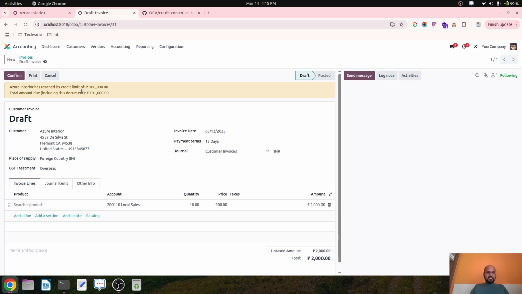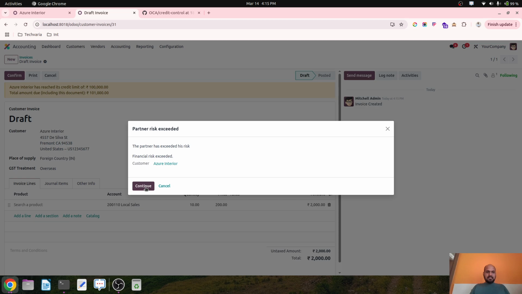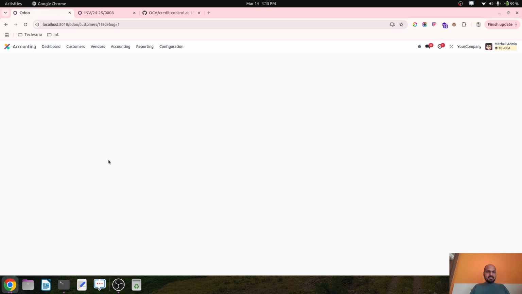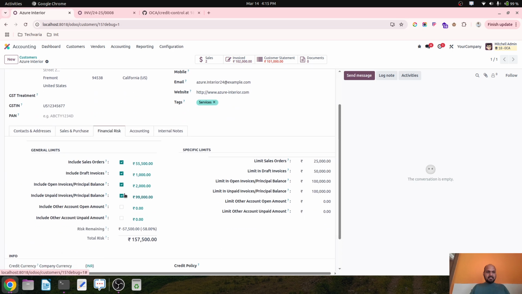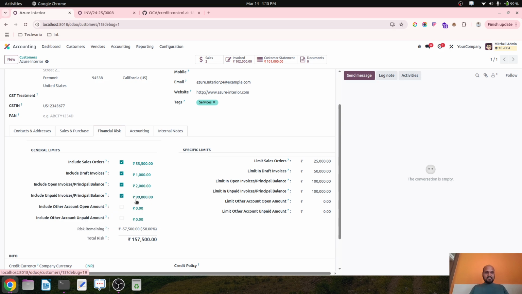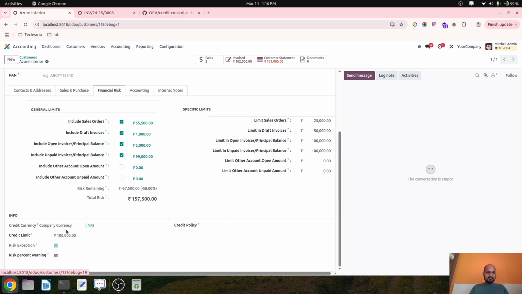Again, it will show me this alert, but as an admin I can continue and confirm. Now if I come here and see my risk assessment, you can see the current open invoice is 2000 rupees, which is not overdue, not due, but it is in the safe limit. But the overall credit limit goes beyond my 1 lakh credit limit, hence it is showing me all the amount